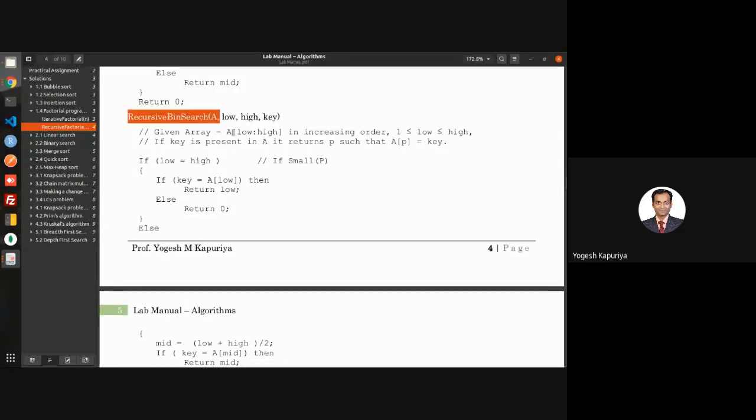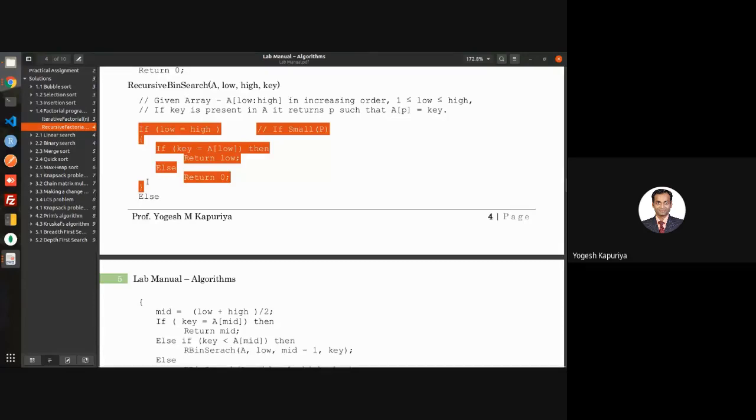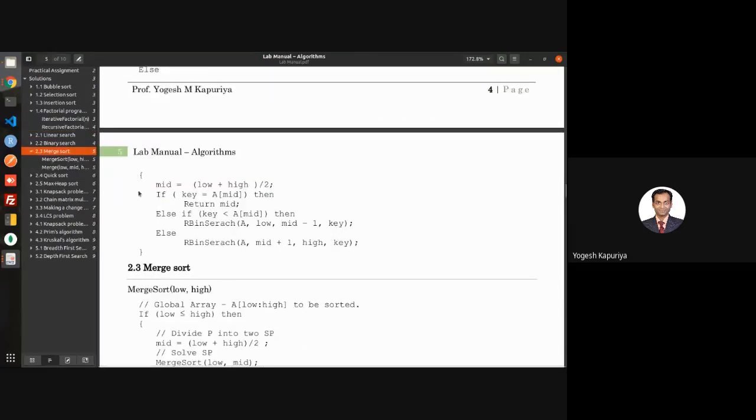When you are calling a recursive function, you must be noting that there are two cases which are applied. First is the terminating condition or a base condition. So any recursive function or recursive algorithm should have a base condition. This is actually the base condition. But before you look inside the base condition, let us look into the else part. So this is the else part.